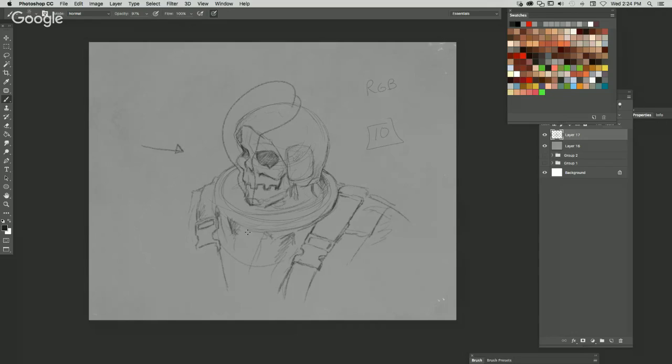Those lighter values are consistent with each other wherever there's cast shadow. So on this side of the nose, it'll be darker just because of that cast shadow. And if there are any inconsistencies, that's where it starts to look a little muddled or messy. You have to be hyper aware of how light is falling on everything if you really want to add in an accurate looking light source.